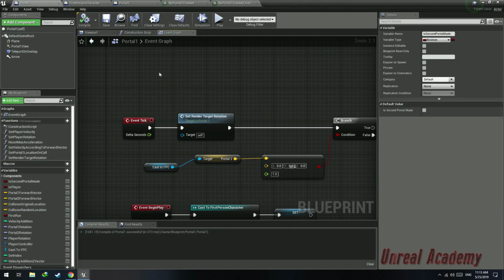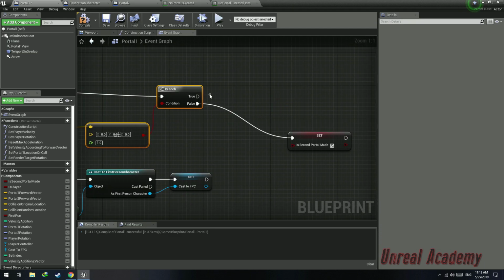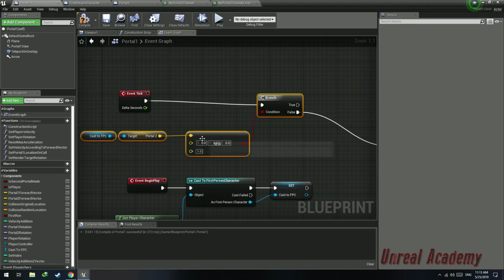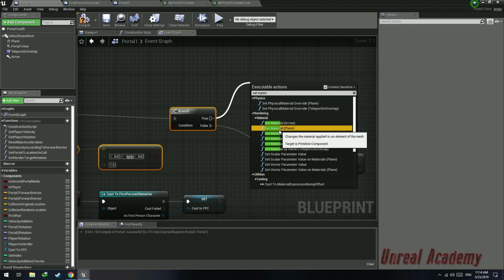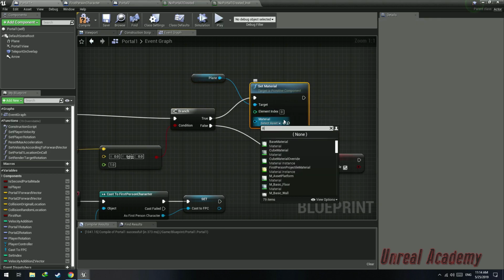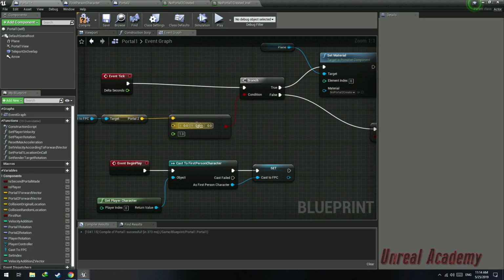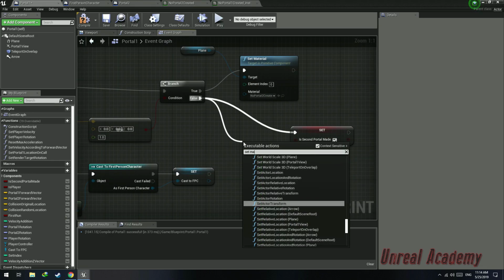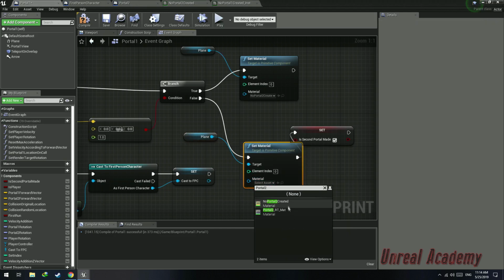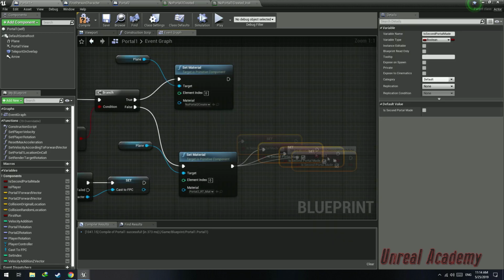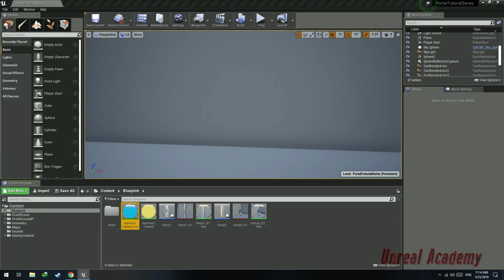Now we're going to go back to our portal 1 blueprint, disconnect set target rotation here, and if the portal 2 location is 000, if it's true, we're just going to set material of the plane to the no portal 2 created, and if the location of portal 2 is not 000, we're just going to set material of the plane to be portal 2 render target material, and then also set a second portal made to true. Hit compile, and now if I hit play,